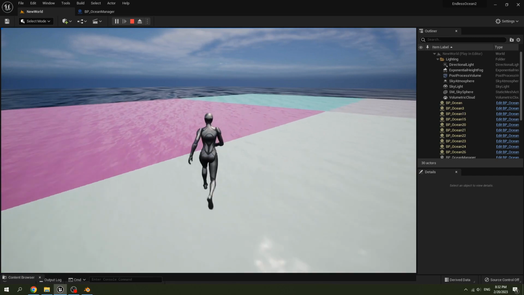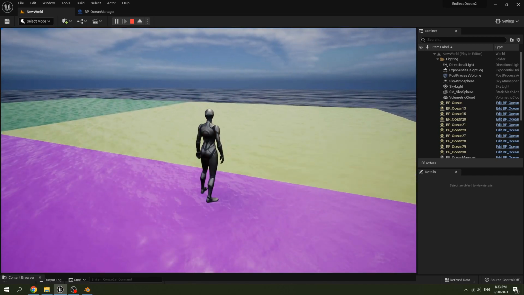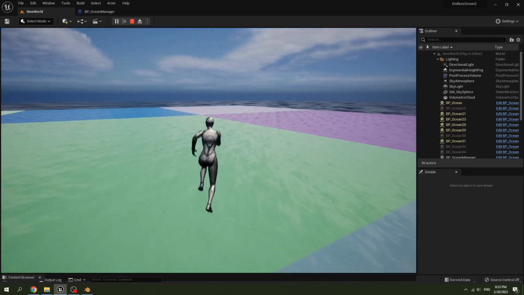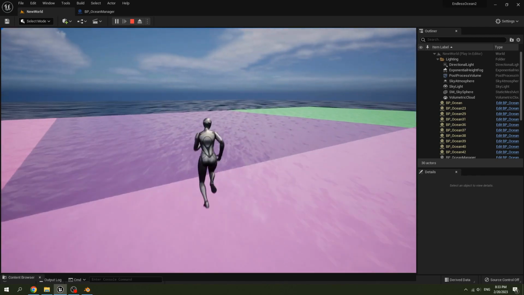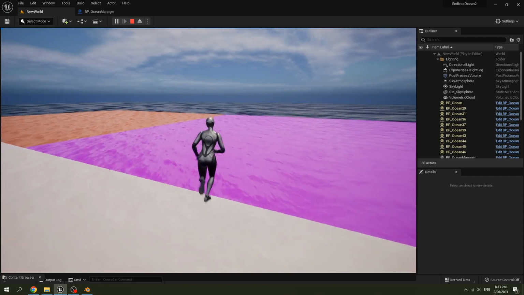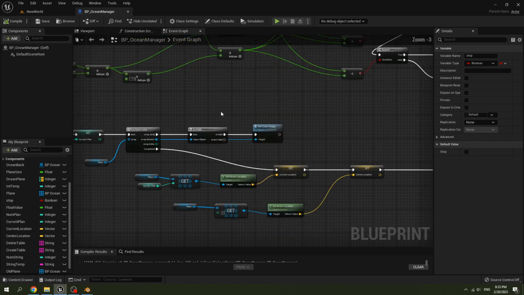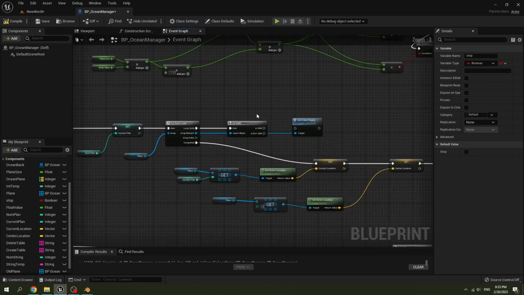Now when the character walks on the other plan, we can spawn more plans. And the background ocean will follow the character when it moves to another plan. When we stop debugging the plan, we no longer need to call the stop color empty in the set current location custom event.